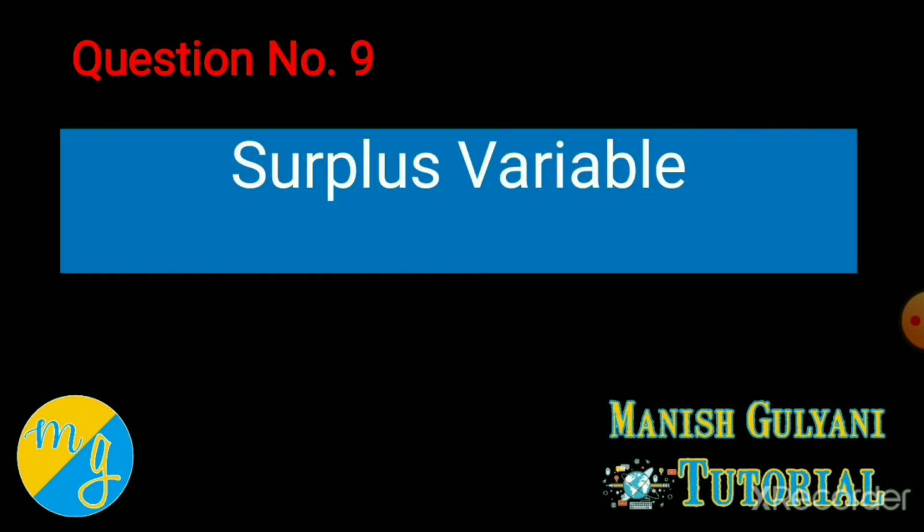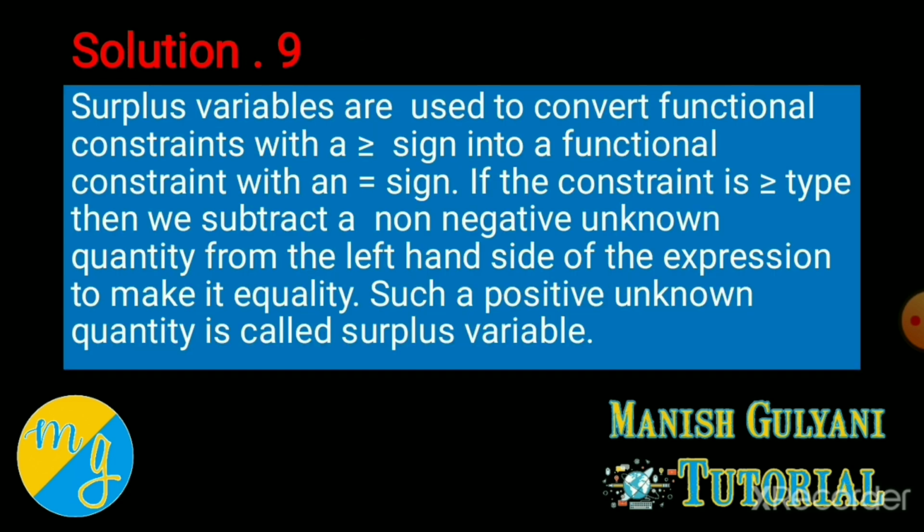Now just opposite from the slack variable is the surplus variable. Slack variable is always used in the maximization case, surplus variable always used in the minimization case. Slack variable is always used in a less than or equal constraint, surplus variable always in a greater than or equal constraint. Slack variable is always added to the constraint: plus s1, plus s2. Surplus variable is always deducted from the constraint: minus s1, minus s2, minus s3. So these are the basic differences between slack and surplus variables.